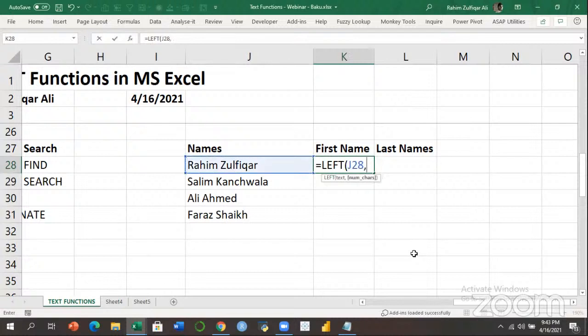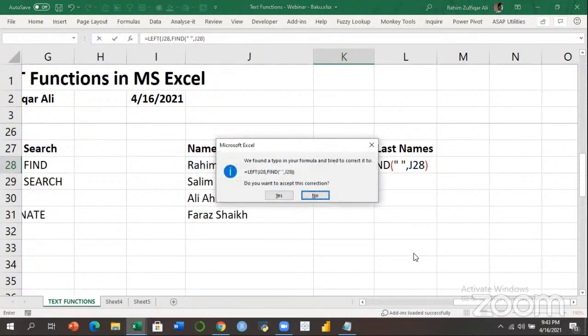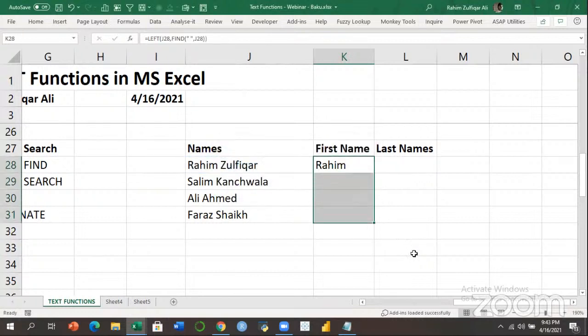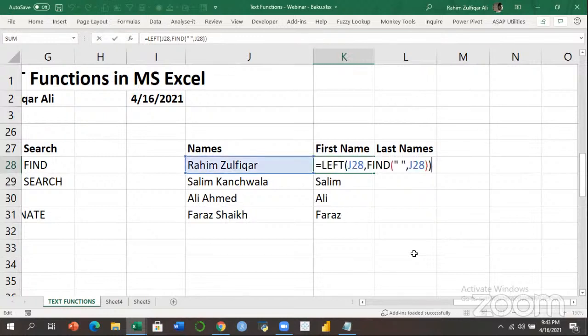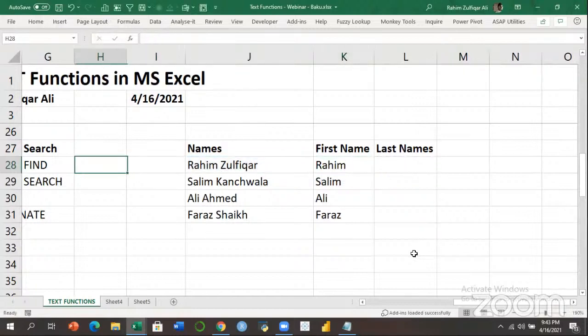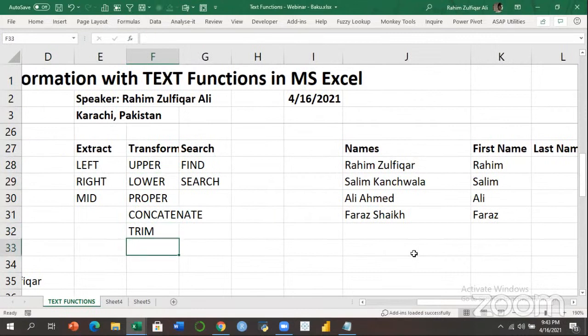So now you can pick up the logic here. Finding LEFT, FIND function, and this time when I copy and paste, it gives me the accurate spelling. Either it's 3 letters or 5 letters or 6 letters, it doesn't matter, because we have made the number of characters dynamic. But there is one more function which is called